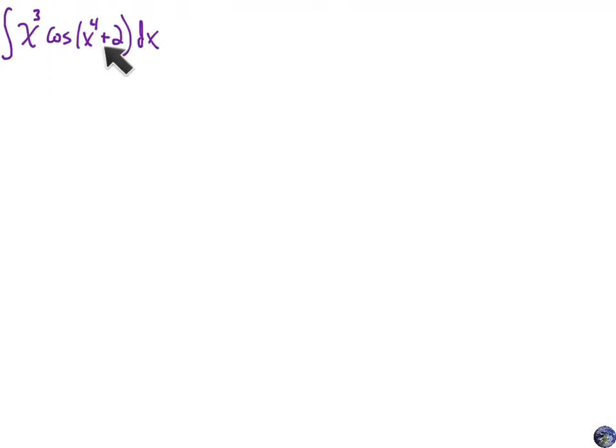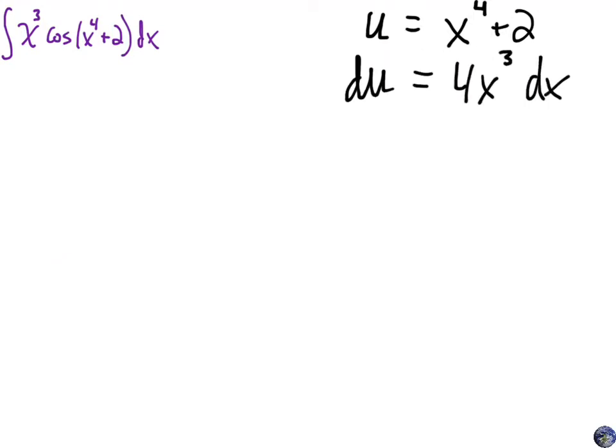The more formal way to do this, rather than wishing for the 4 there, is you say, well, I've got the cosine of a formula here, so let's give that a name. Off to the side, I'm going to let u equal x to the fourth plus 2. This process is called u substitution, because in the end, we're going to rewrite the integral just with u's instead of x's, and it should hopefully look nicer. Well, if u is x to the fourth plus 2, now by differentiating, that means that du is 4x